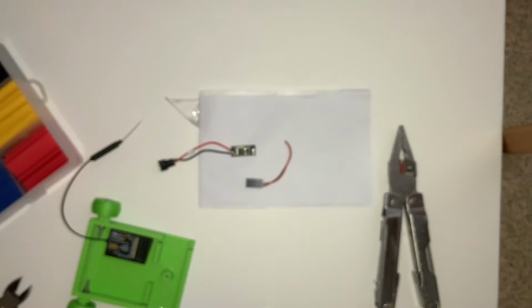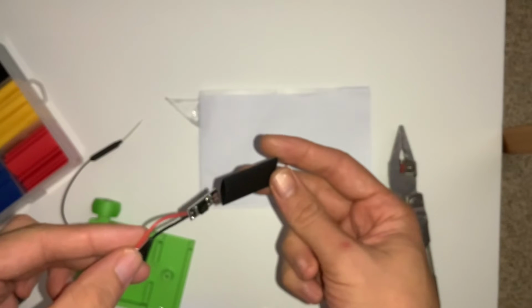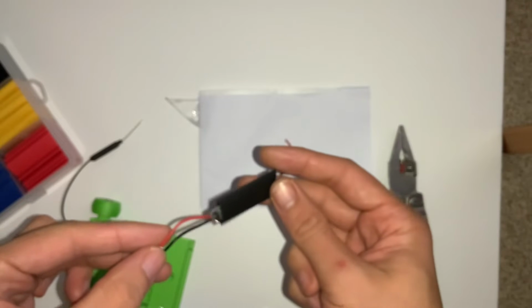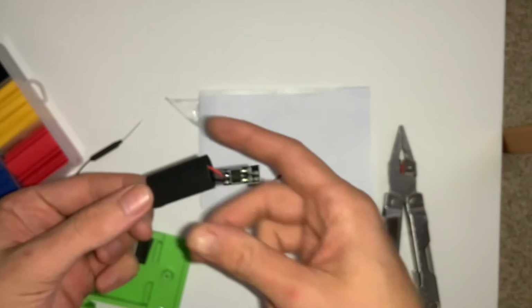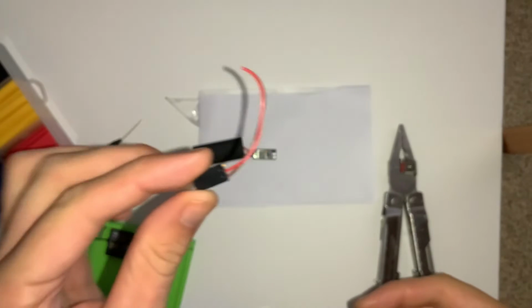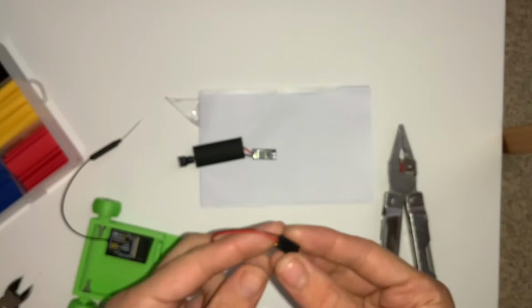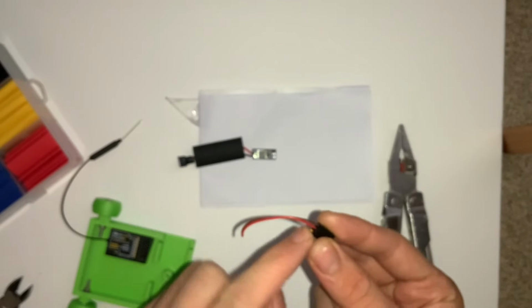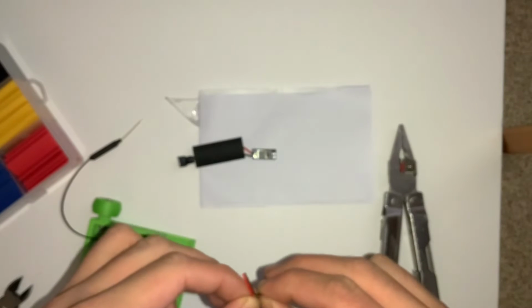Hopefully we've got one big enough to fit over here, I believe so. So that looks like a good size, the whole thing fits inside there. So once we've soldered our other side on, we can heat shrink that down, and that will protect the whole thing, and then we can just treat it as a sealed unit and we shouldn't have to touch it ever again really. So here's the side that attaches into my receiver. So this is just a servo plug where I've taken out the signal lead and we're just using the positive and negative. So we'll separate those apart